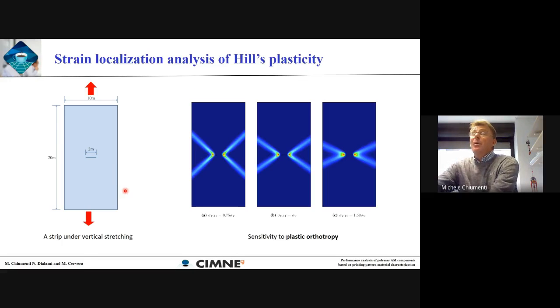So these are a couple of benchmarks that we did just to check the implementation of the model. These are analyses of strain localization using Hill plasticity. This is a strip. Our reference example to check strain localization is a strip under tension, and here you can